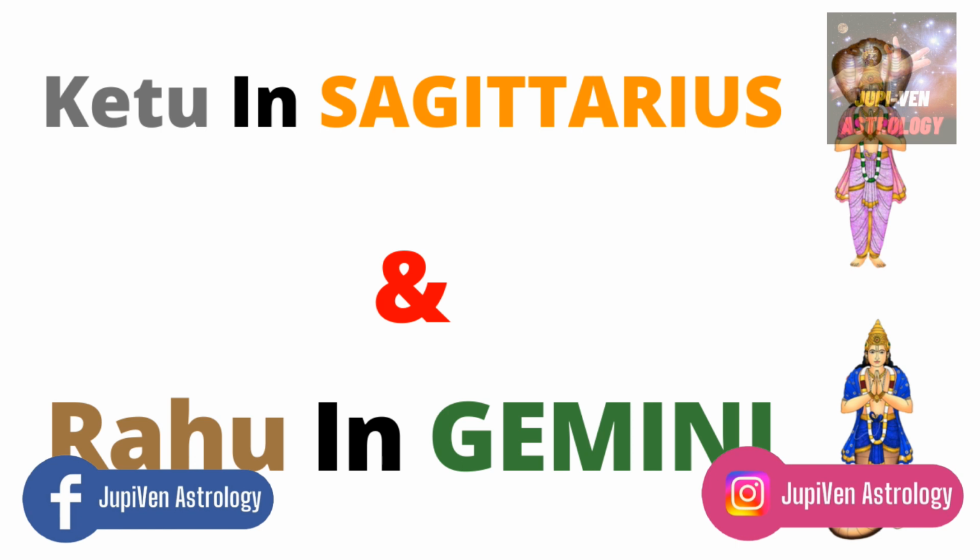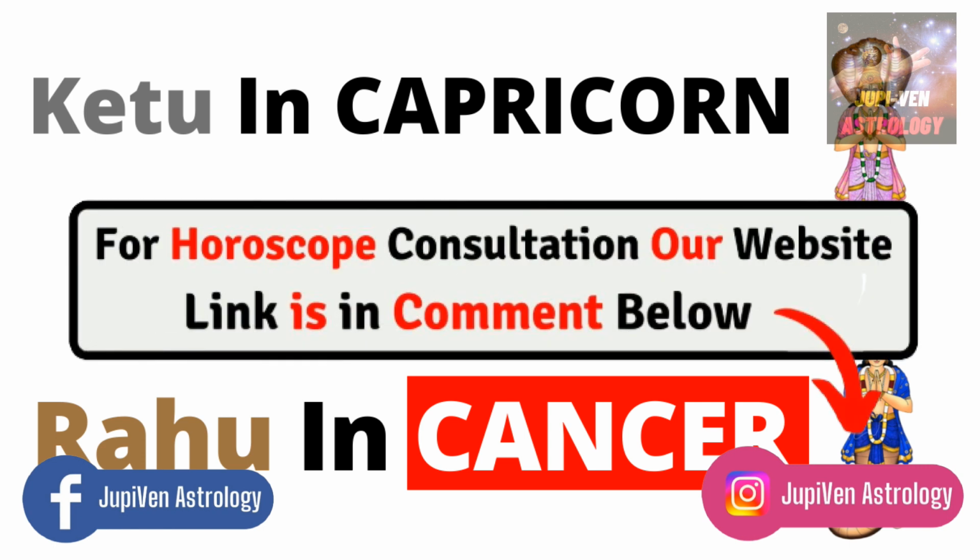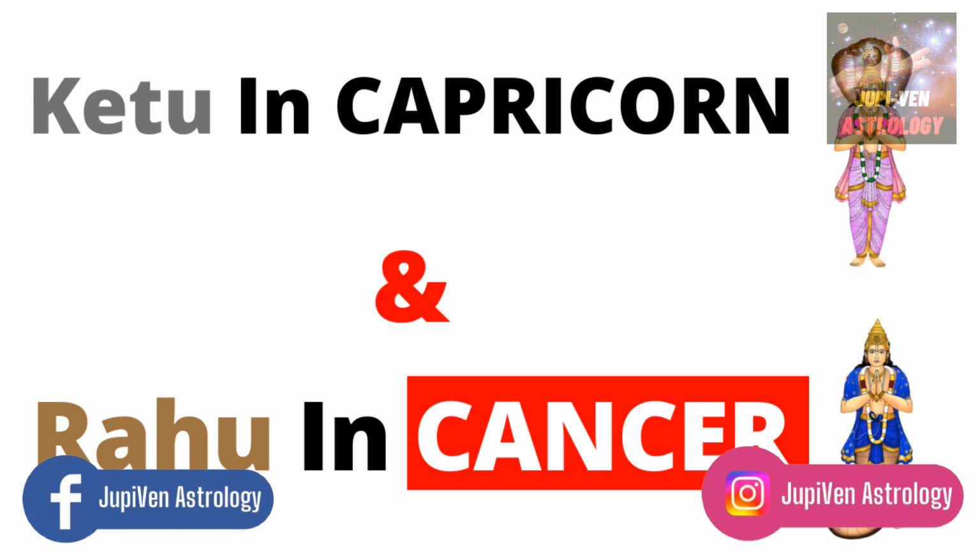And now we will talk about what is going to happen when Ketu is placed in the sign of Capricorn and Rahu is placed in the sign of Cancer. So now, when Ketu is placed in Capricorn and Rahu in Cancer, Ketu in the sign of Capricorn represents a past life spent primarily in pursuit of worldly affairs. Ketu in this sign represents a past life spent primarily in the pursuit of worldly affairs, and the